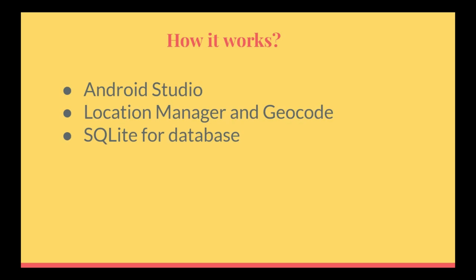So I'm Pratik, and how our app works is that it was made in Android Studio, so it's an Android app, and we use an API called a location manager to get the latitude and longitude of the user, and then we calculate the distance between a driver and the user to see which one's the closest that the user would use. And then we use geocode to translate the latitude and longitude into an address. And then for the database, we use the relational database SQLite for storing the username and password for registration of an account.